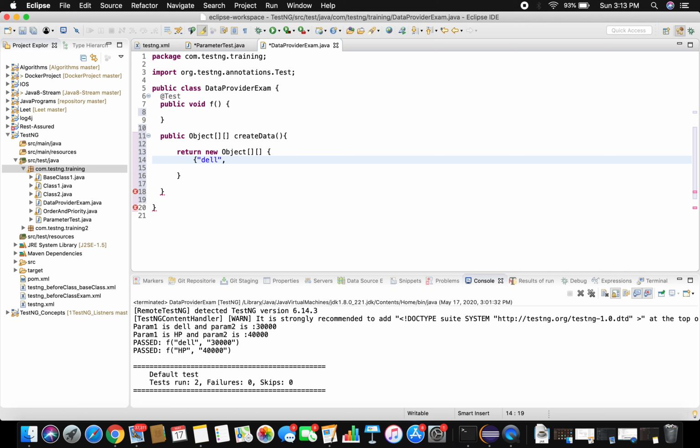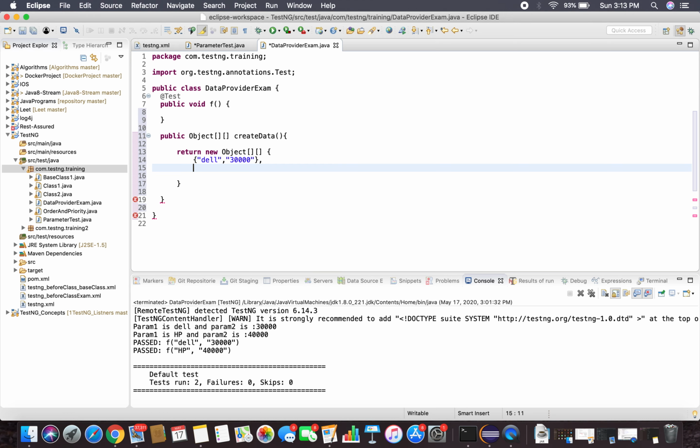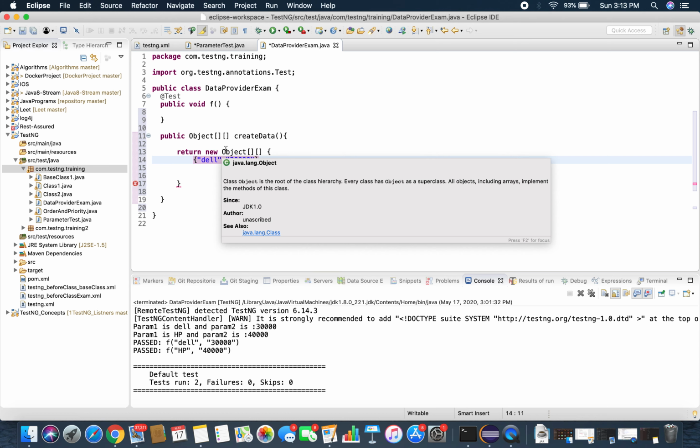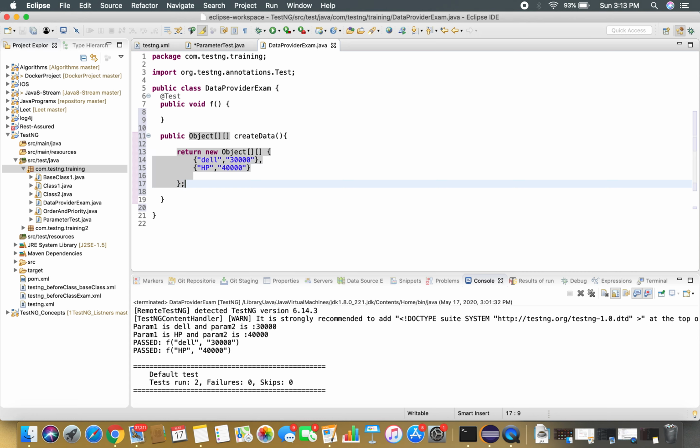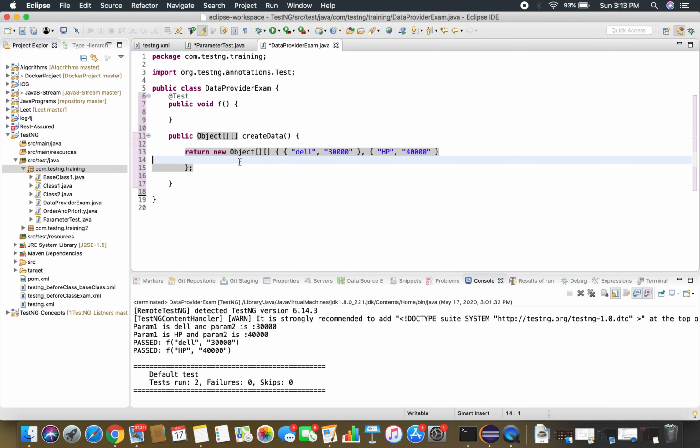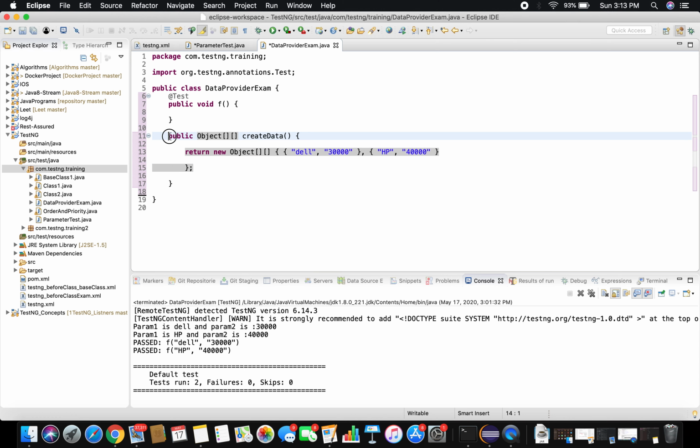Since it is two-dimensional, let me put 30,000. This is an array, and our object is going to return an array of objects. Now I'm going to add one more, like HP. Okay, see, this is our method.